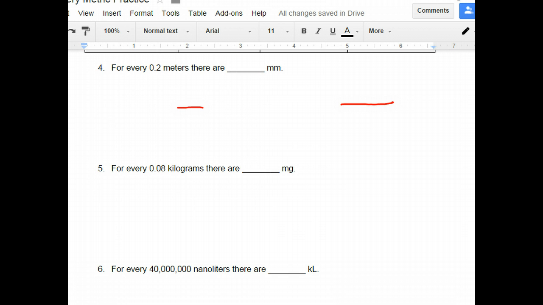For every 0.08 kilograms, there are a certain number of milligrams. So I'm going to show you a couple ways to do this. First of all, we can say for every 1 kilogram,